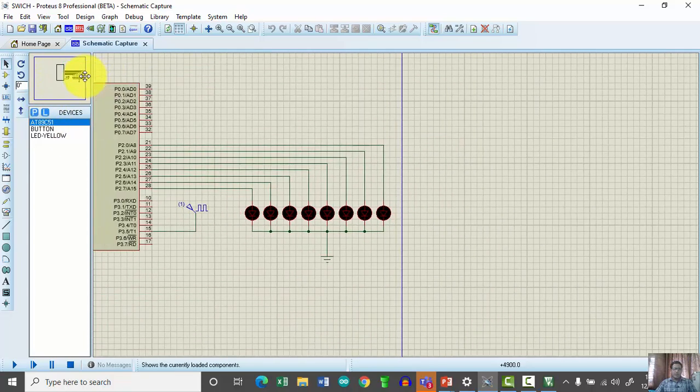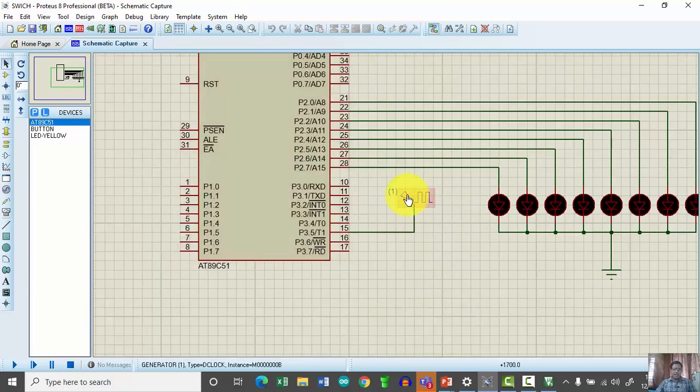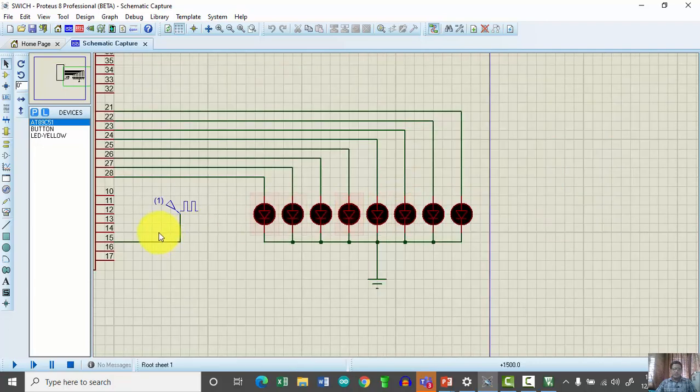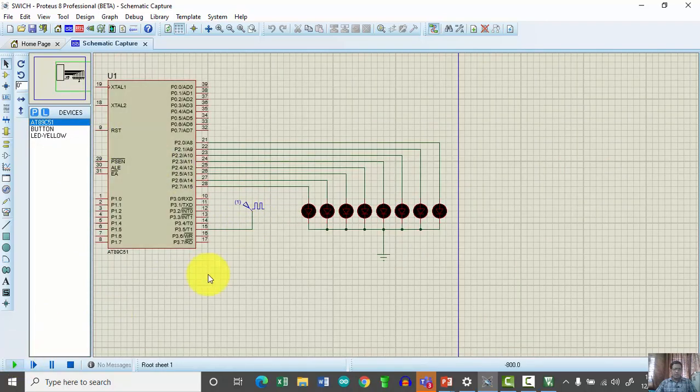As indicated in the program, I am sending a 1 hertz pulse to P3.5. So these are the pulses I am providing as an input, and now I am going to turn it on. The moment these pulses are detected by this T1, automatically these LEDs will glow sequentially. So 1, 2, 3, 4, 5. These are simply binary numbers, so we have to correlate that with the decimal.